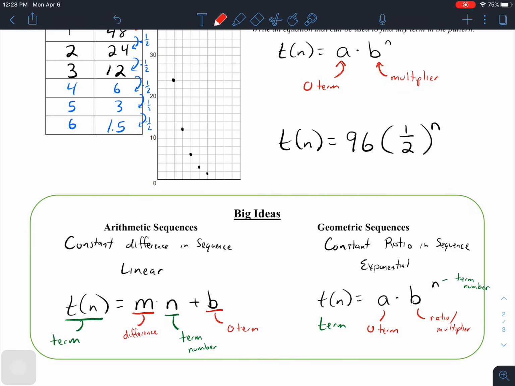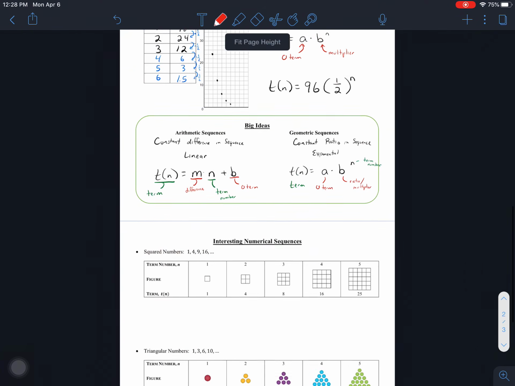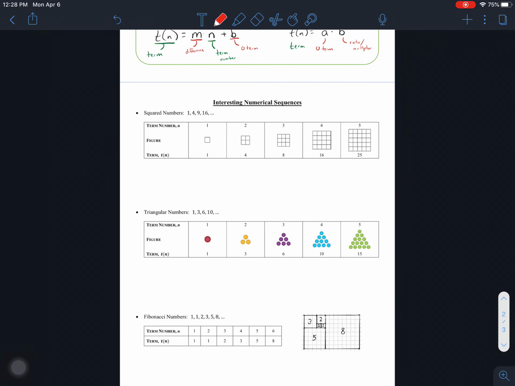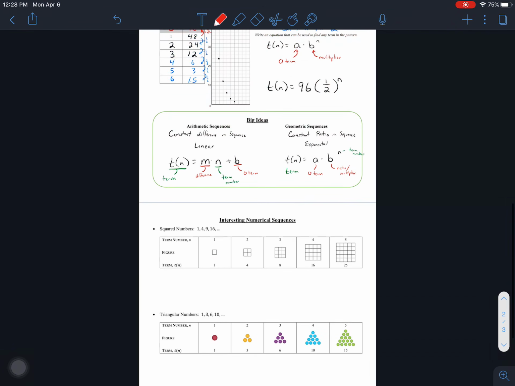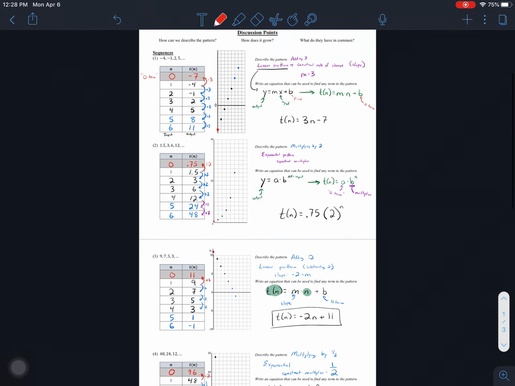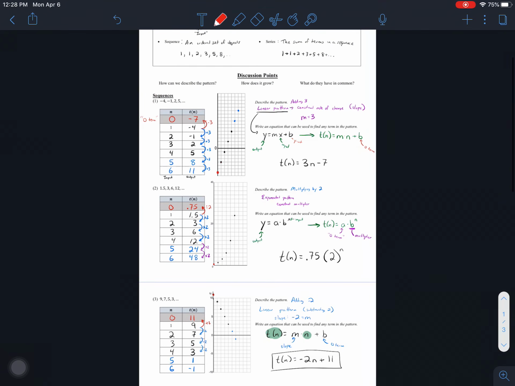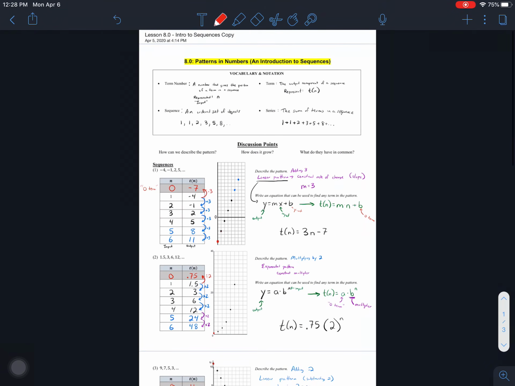So this is where we're going in chapter 8. So we thought I'd do a little introduction so you can kind of get used to the structure, the format, and the notation on it. The back page of the notes really goes through some interesting numerical sequences that are not arithmetic or geometric. Squared numbers, triangle numbers, and Fibonacci numbers. They're worth kind of looking at and getting used to and seeing them. But this is just the intro to 8. Hopefully the idea behind sequences and series